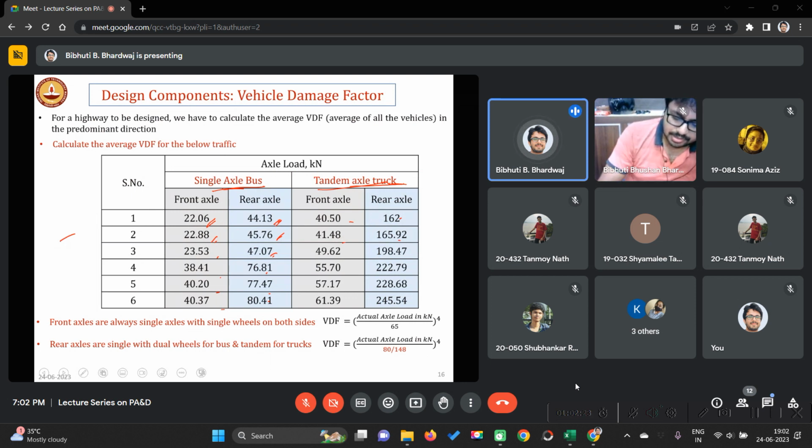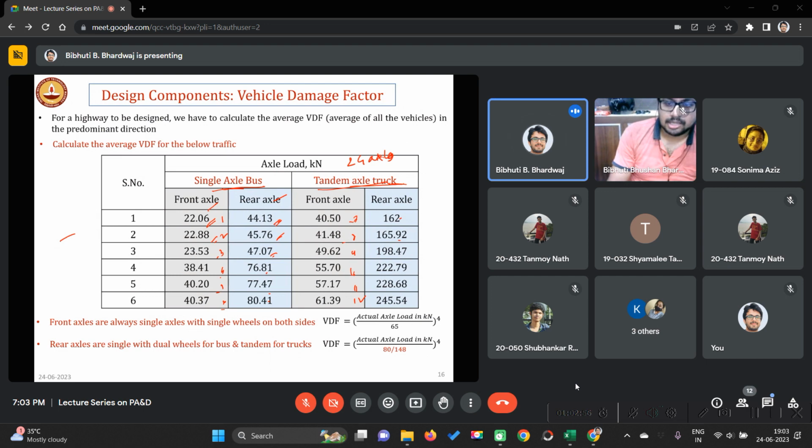Now you need to find out the axles: 1, 2, 3, 4, 5, 6, 7, 8, 9, 10, 11, 12. This is front, rear, it will be double, so it looks like 24 axles are there, but it is not causing